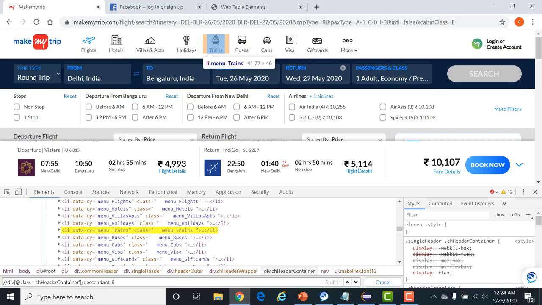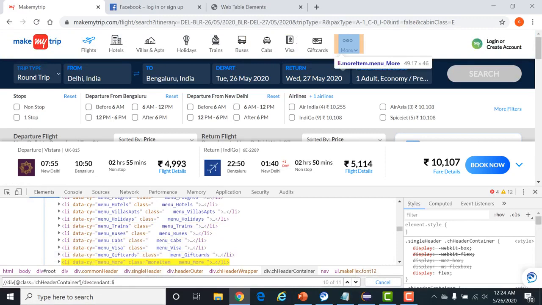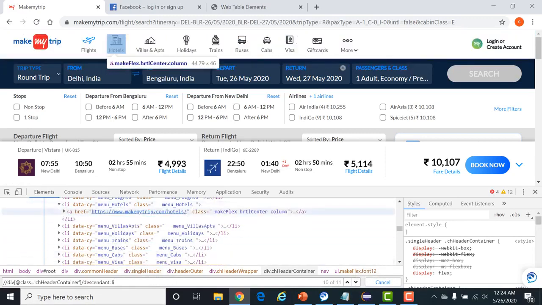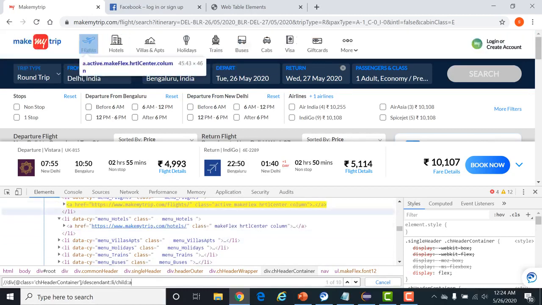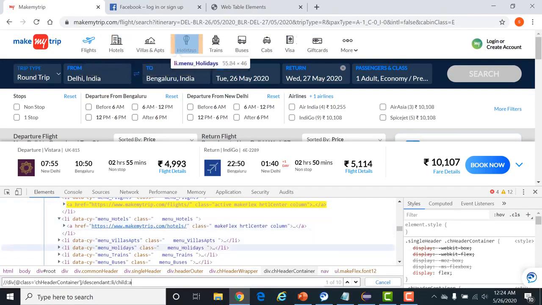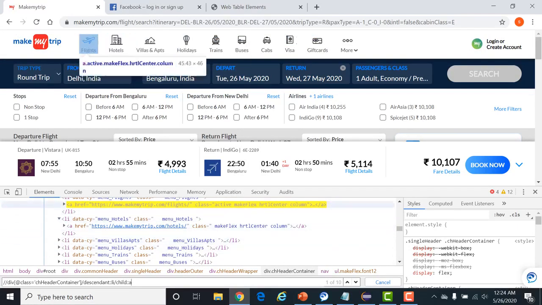So no matter what comes here in future, whatever is available at that particular time will be returned in your code, and along with that you can do your validation. Inside that there is a link as well, which is the child element of the list. So now you can write child, and it is identifying the actual link. If you want to click on that, you can do your action directly.